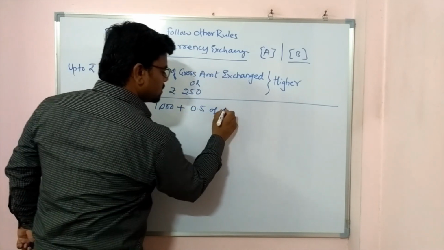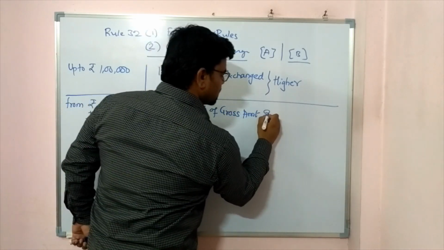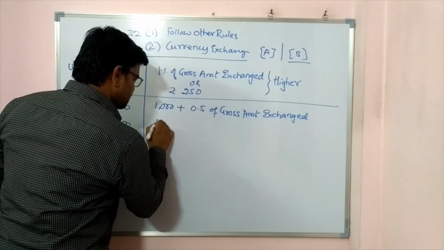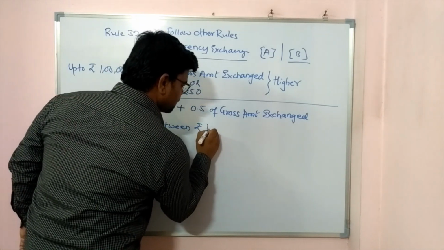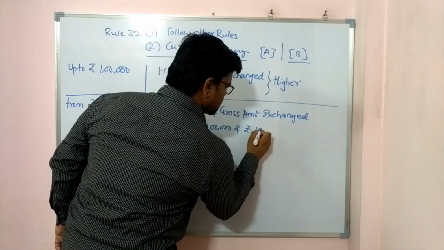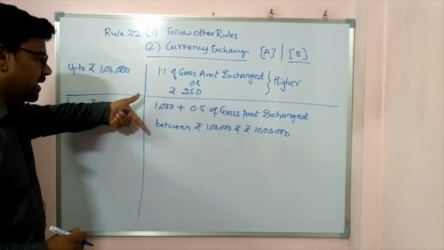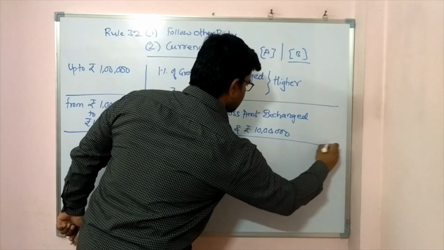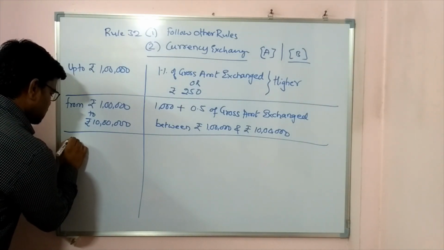0.5% of gross amount exchanged, gross amount exchanged between rupees 1 lakh and rupees 10 lakh. So maximum 9 lakh will be possible here. This also ends here. Now the next slab is more than